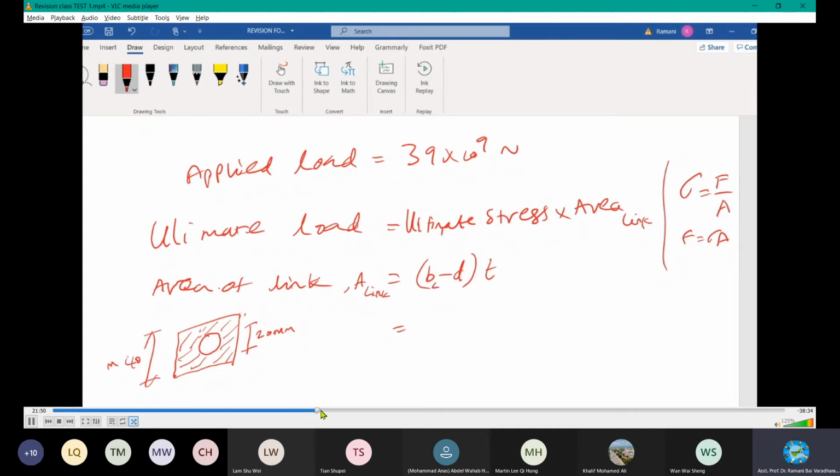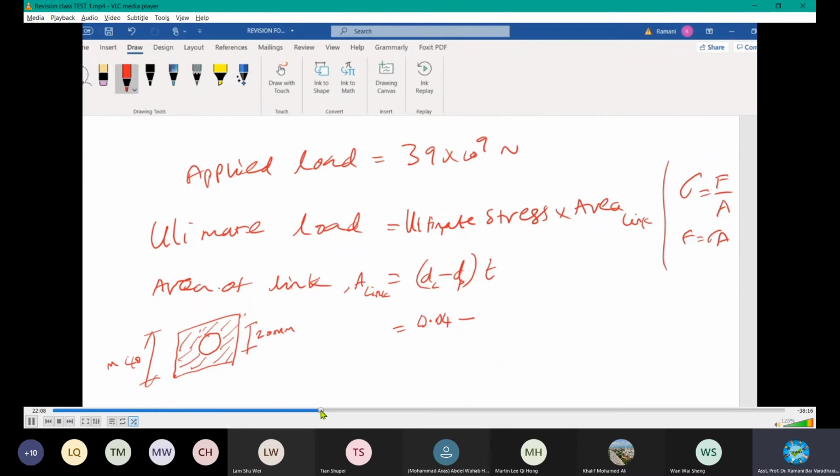This is for the link. This is for the pin. Okay, I put it as D itself. Easy for you. Depth of the link to depth of the pin. Depth of the link is given by 40, which is 0.4 minus 0.04, because mm